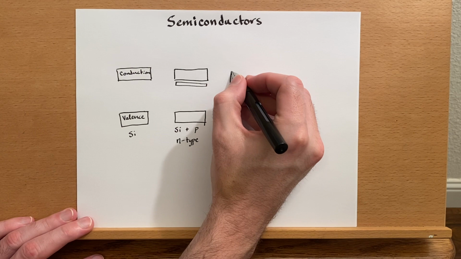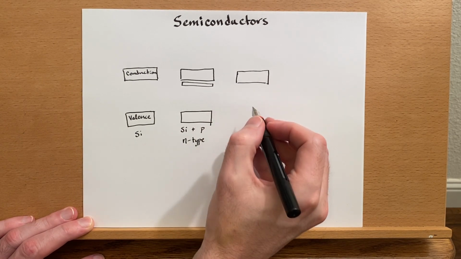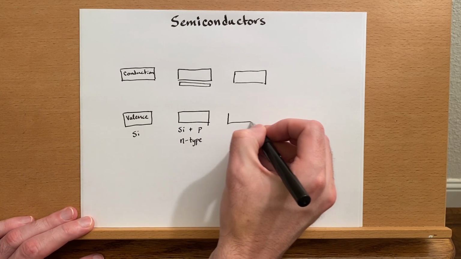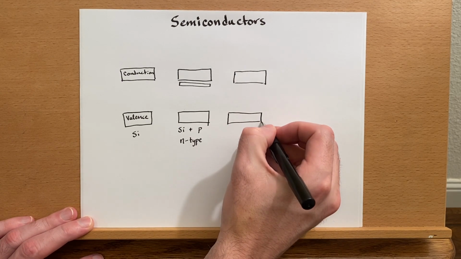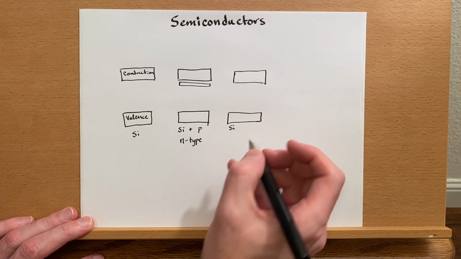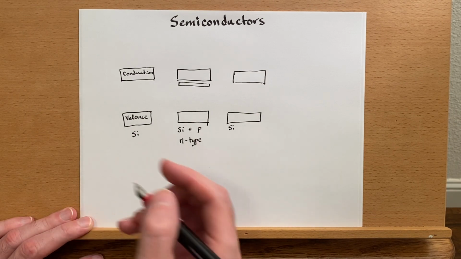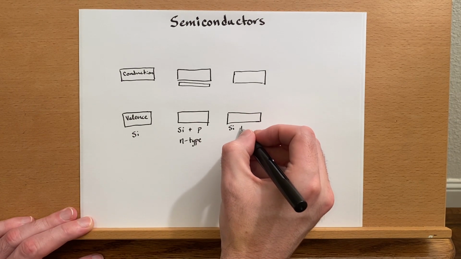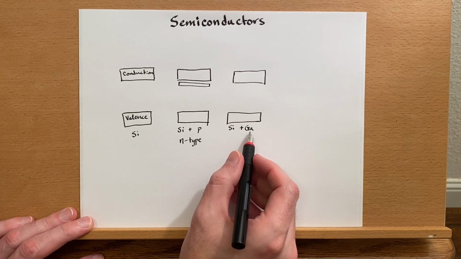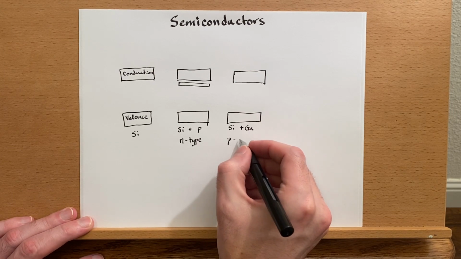Now, there's N type, and what's P type look like? Yes, P type. So we still have our conduction band up here. We still have our valence band down here. But if we take silicone and add an element that has one less electron to it, such as gallium, this only has 3 valence electrons where silicone has 4. We'll make P type